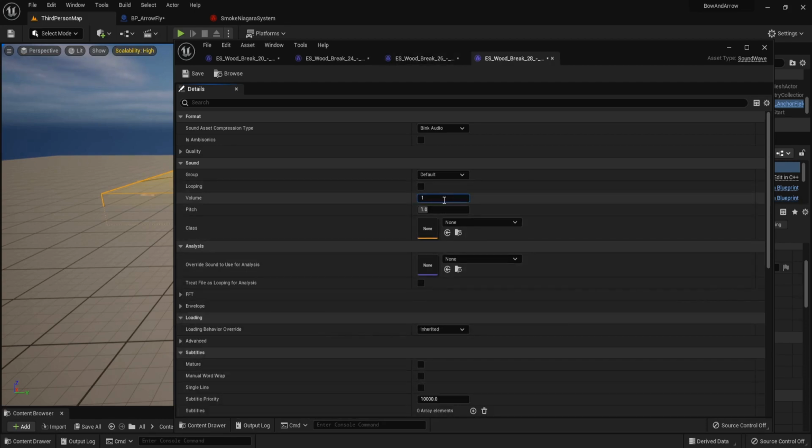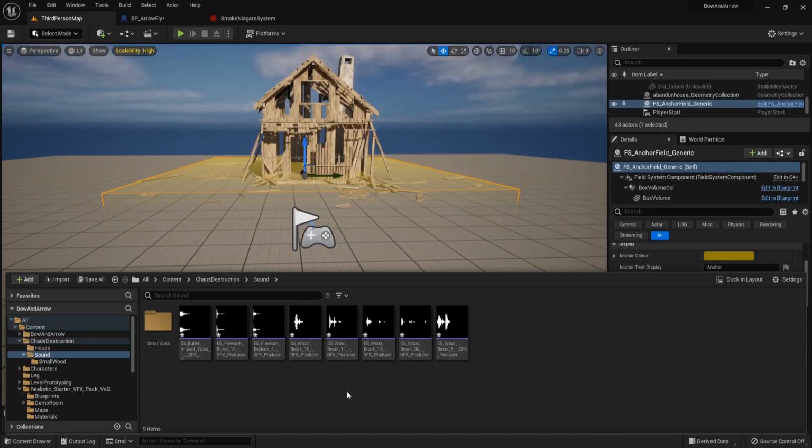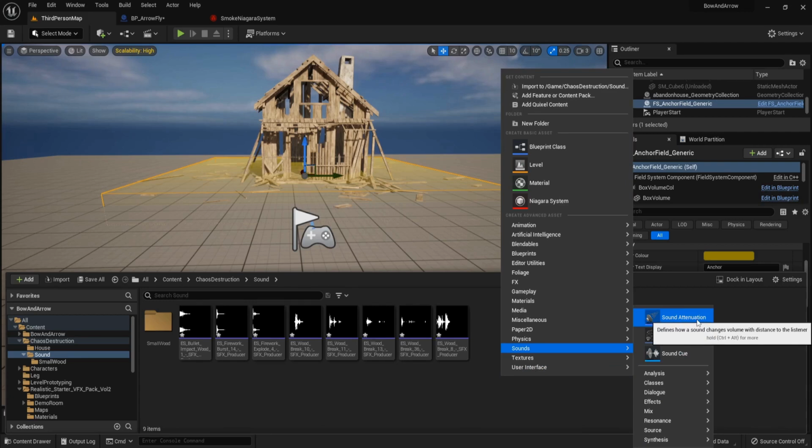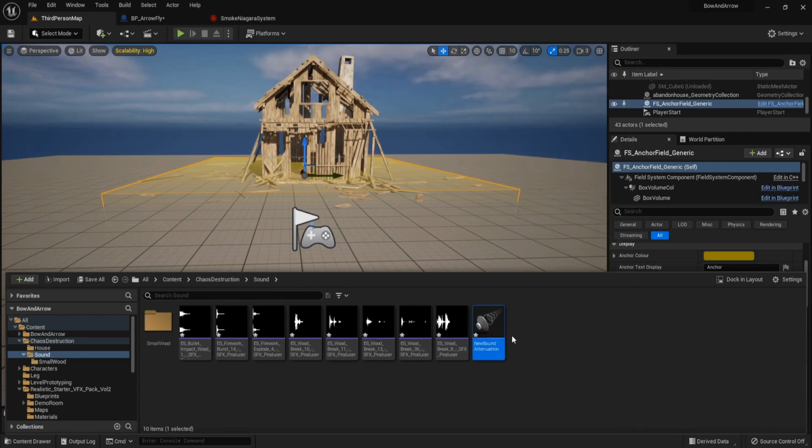We will create the 3D sound so we can hear it from the impact location. First, right click, sound, sound attenuation. Rename it to all sound attenuation.